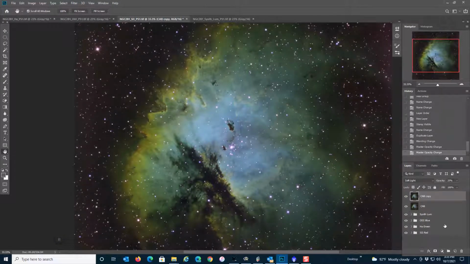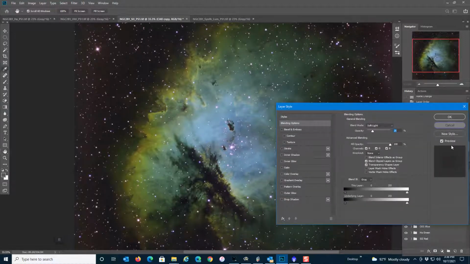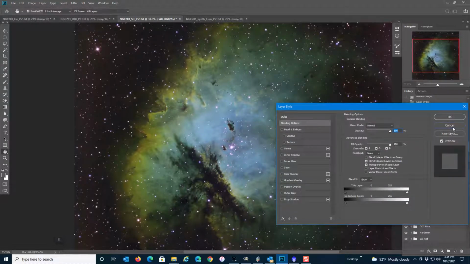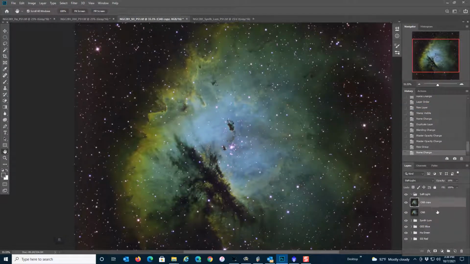So we'll leave that there, and then I create one last folder and call this soft light, and then put these two layers in. Mouse is giving me trouble. Click here, click and drag. Oh, come on, man. Killing me. Shift, click and hold, drag up here. And then that is